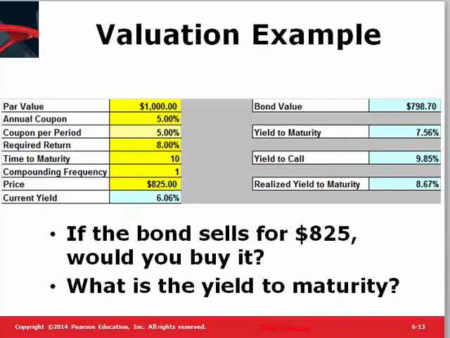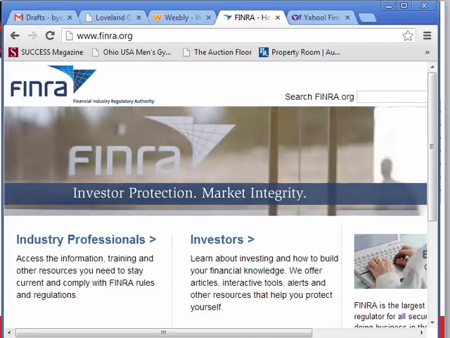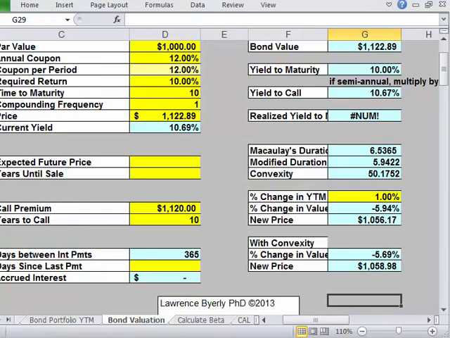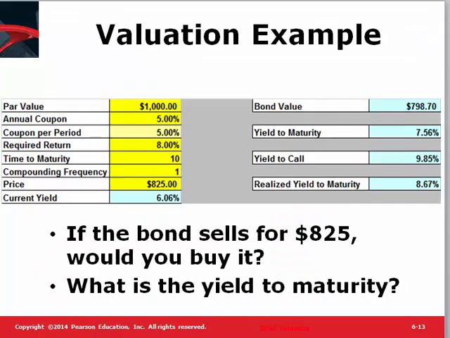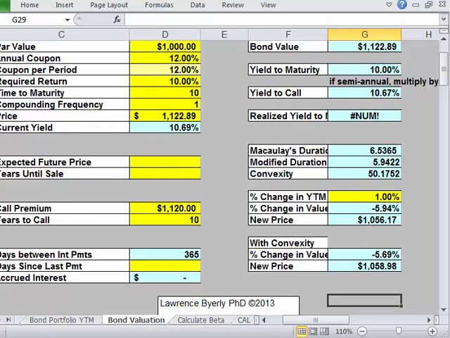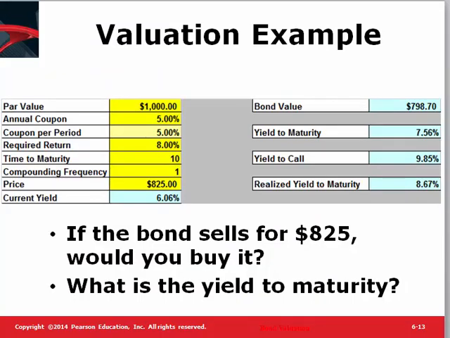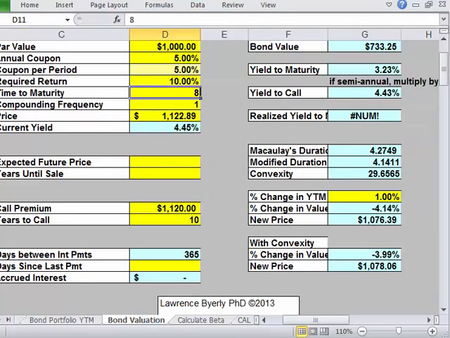So let's look at a valuation example. And again, if we go to our spreadsheet, I want to bring the spreadsheet up. Here's the bond valuation tab in the spreadsheet. Of course, we can enter in here the data that we want. Let's go back and see what that is. Actually, it's 8 years, 8%, 10 years, 8%, 10 years. And we have here that the price is